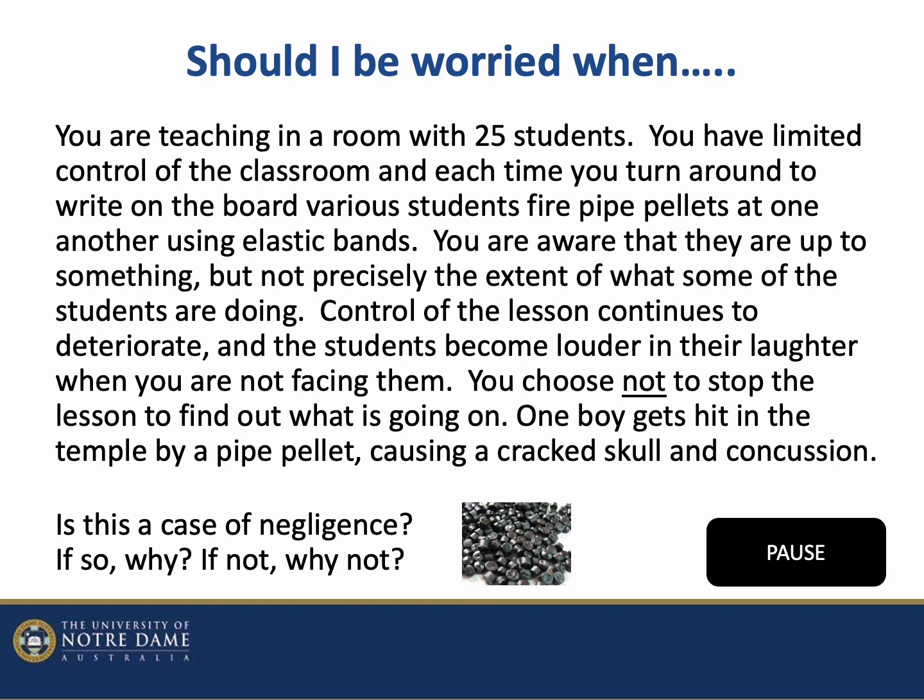In terms of foreseeability, foreseeable harm in this instance is a little bit tricky, but because the teacher was turning around and then continually not looking, that is a cause for concern because it limits your supervisory capacity, and so foreseeable harm is much more likely because you're not actually supervising the children adequately. The magnitude risk of harm is quite high given the unpredictability of a rubber band weapon. You've got no control necessarily over the direction, and also those pellets would have been fired at quite high speed, so you've got projectiles flying around the room.